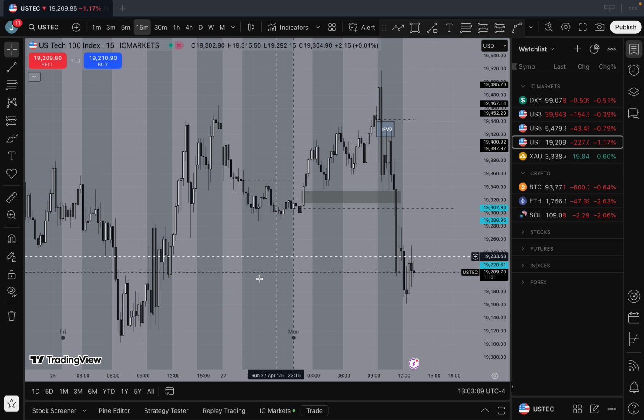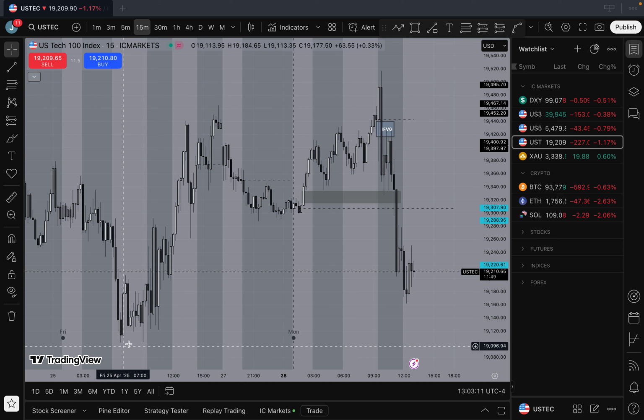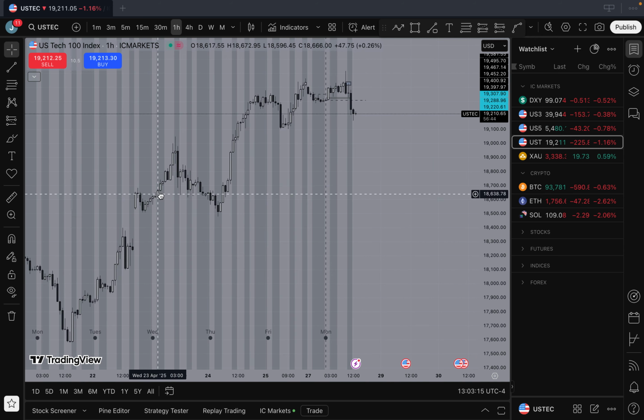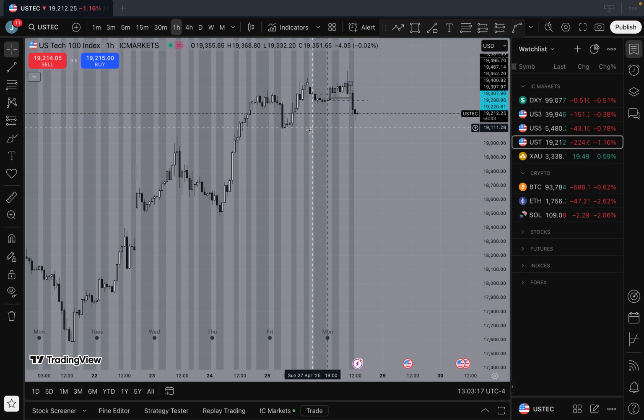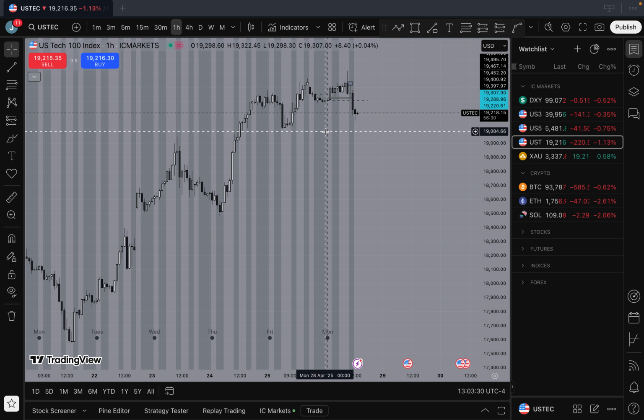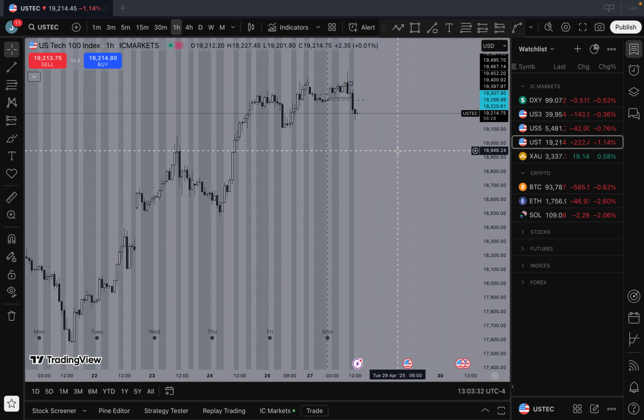And then, you know, we'll probably end up taking these equal lows here, possibly, depending on how price wants to go. Looking at the hourly, I mean, yeah, we've got this down here. So yeah, we'll probably come down, fill this in before continuing up in line with the other chart, you know what I mean, to come take that 4 hour breaker block, order block. You know what I mean.